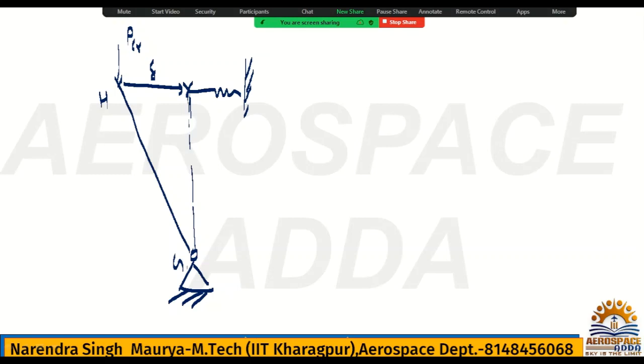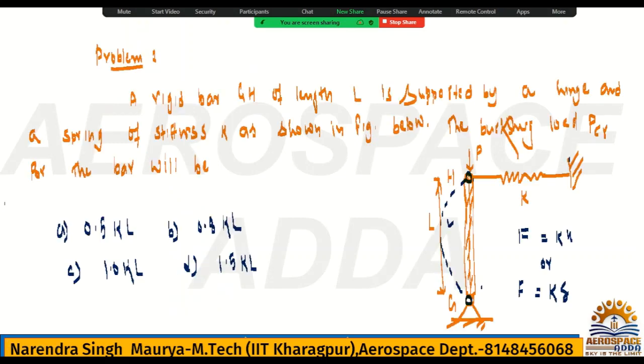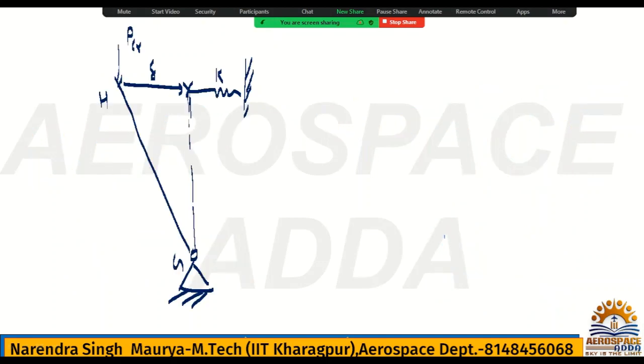If you take the moment about the hinge support, here you are considering that deflection you are getting delta, and the spring stiffness is K, and the force here, the restoring force, is F. So we can take moment about the hinge support. What is the hinge support? It is G. So we can take moment about